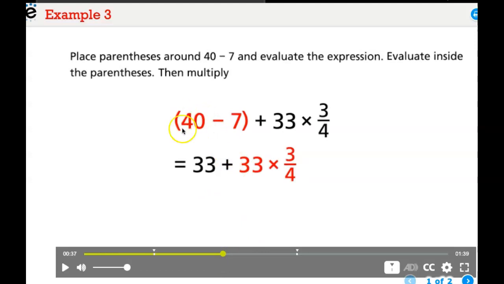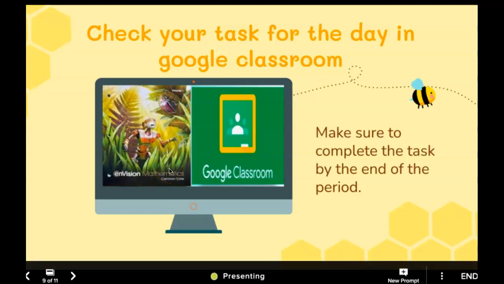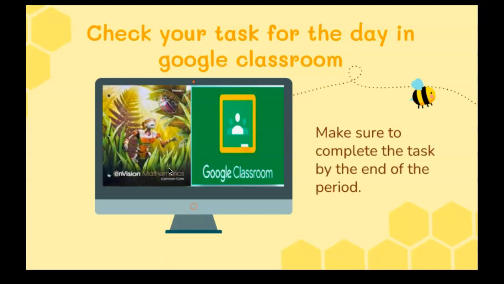So the parentheses matters when you do order of operations. All right. It's just telling you, hey, that equals 10 if you do that. Or if you do this part instead, then you will still get the wrong answer. All right. So you follow where the parentheses tell you that what is inside the parentheses is what you're gonna do first. With that said, you guys are going to go to Google Classroom,